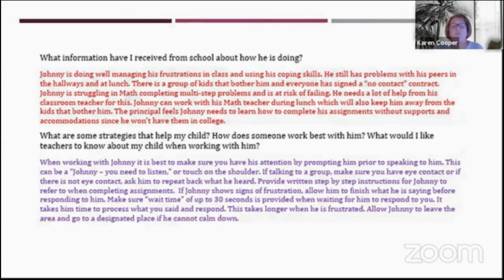Additionally, he's getting help from the classroom teacher with multi-step problems, and we don't have that documented in the IEP. So if you have that type of situation where a teacher's doing something a little bit extra, a little bit different, and it's not documented in the IEP, we need to document that in the IEP. The other thing I want to talk about is